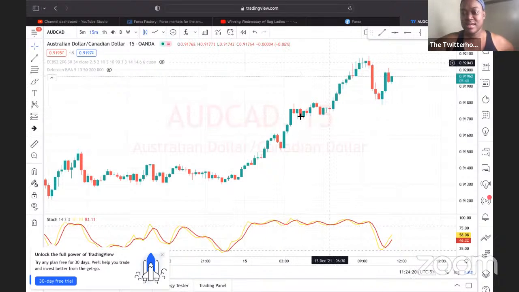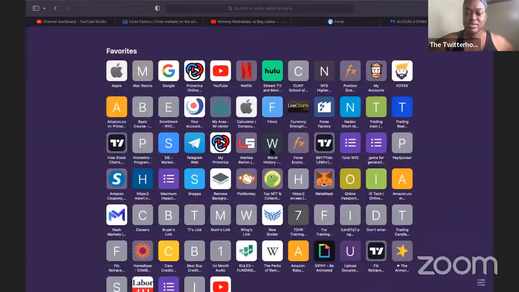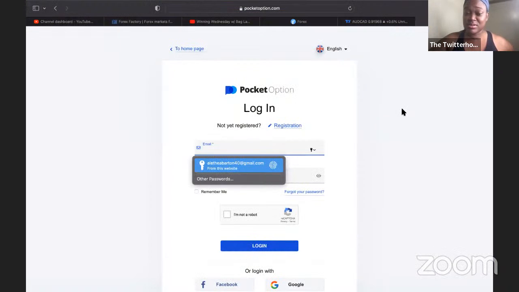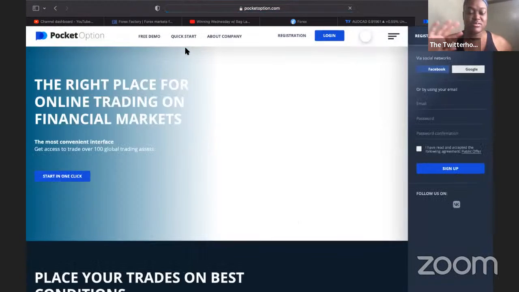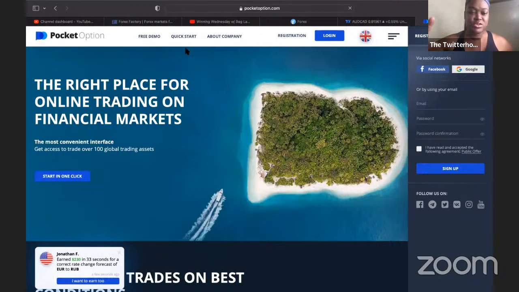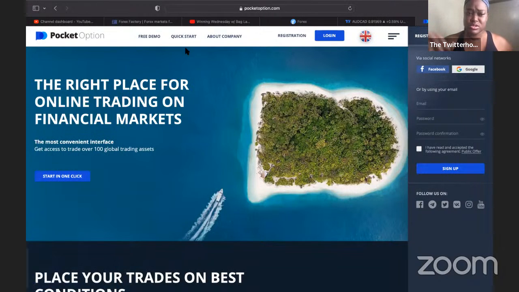But before I do that, let's run over to create a demo account for the new people. So I'm going to help you set up Pocket Option. Now, Pocket Option is not an account that I'm saying you must use. I'm setting you up with Pocket Option because I know that you can get the demo account for free rather easily, but I'm not endorsing Pocket Option. There are several different brokers to choose from. You do your research and you use whatever broker suits you best.